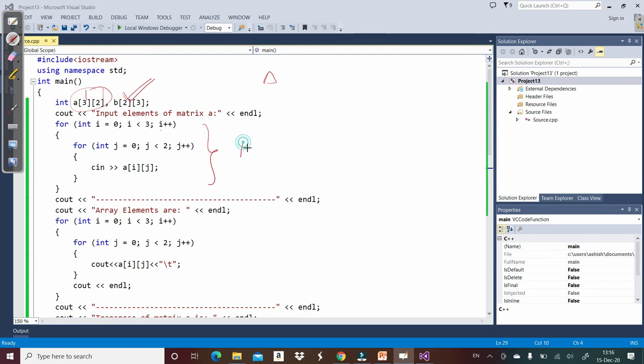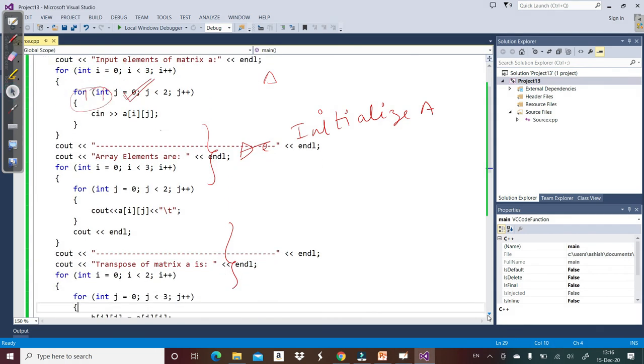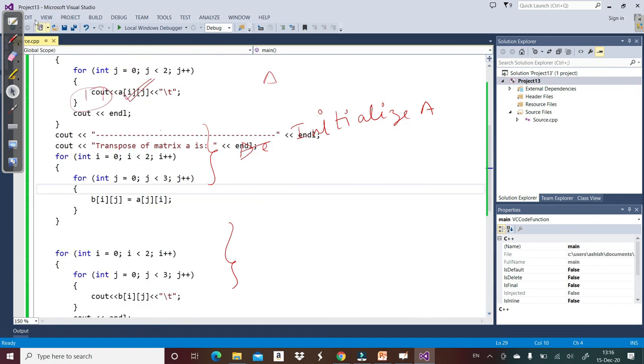Then this loop is just to initialize matrix A, and this is just to print A. Here is the main logic where we assign: B[i][j] is equal to A[j][i]. We replace the number of rows and columns, and then we simply print the matrix. So this is how we can calculate the transpose of any two-dimensional matrix.